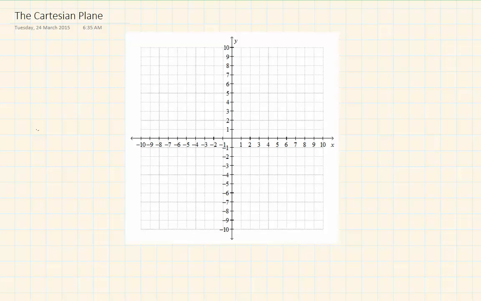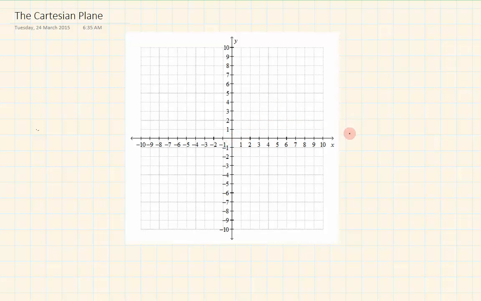Today we're looking at the Cartesian plane. The Cartesian plane is named after its inventor, René Descartes. It consists of two axes. So you've got your x-axis and your y-axis. At the center point here, that's called the origin. So your origin is (0, 0),